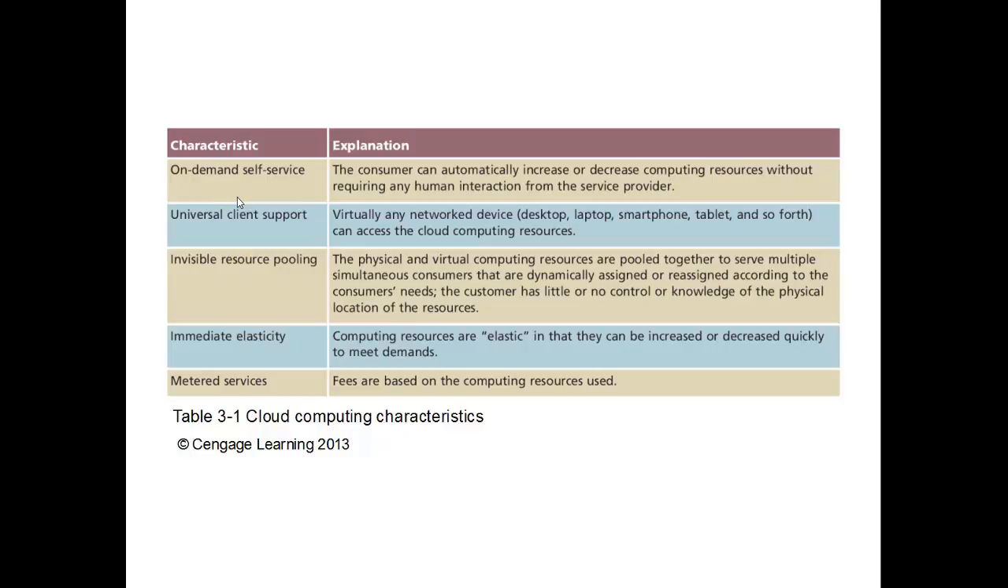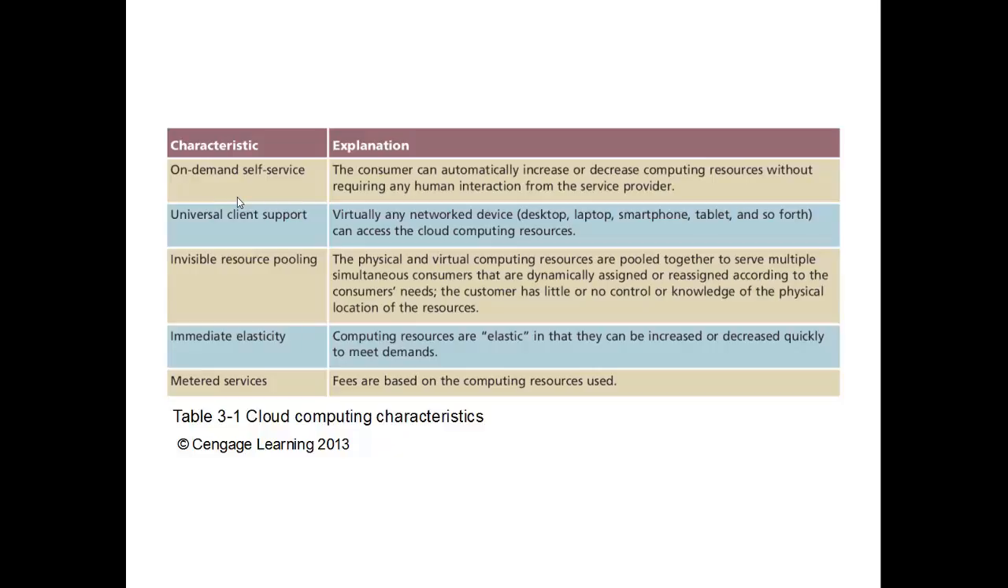So for one, you have an on-demand self-service, where the consumer can automatically increase or decrease the resources without requiring any kind of human interaction. There's universal client support, so virtually any network device, a desktop, laptop, smartphone, tablet, can access the cloud and the computing resources there. The invisible resource pooling: the physical and virtual computing resources are pooled together to serve multiple consumers at the same time. So the customer has little or no knowledge of the actual physical location of the servers